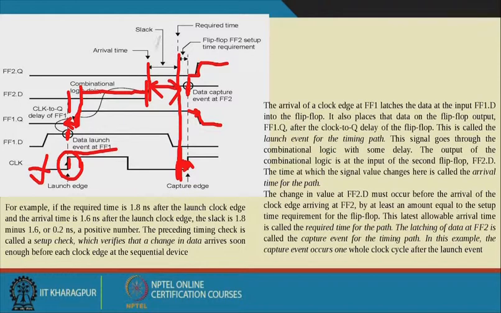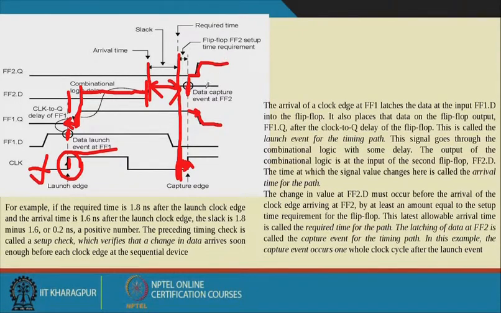So this part is basically known as the slack. That means it is the difference between the required time minus the actual arrival time. So if the actual arrival time is more than the required time, you will not capture the data, because if the delay is more, then it comes after the second clock edge and cannot be captured by it. At that time you will get the slack as negative,